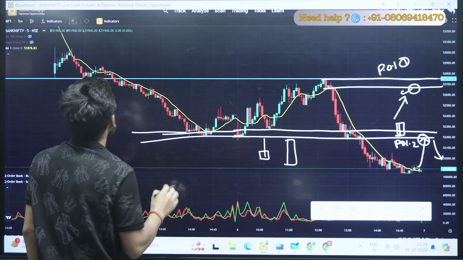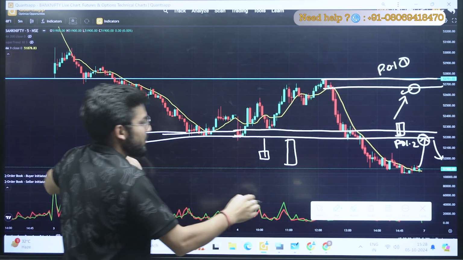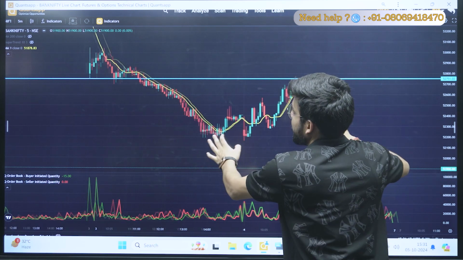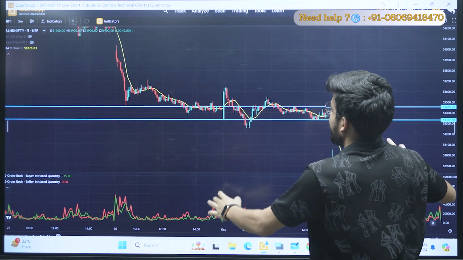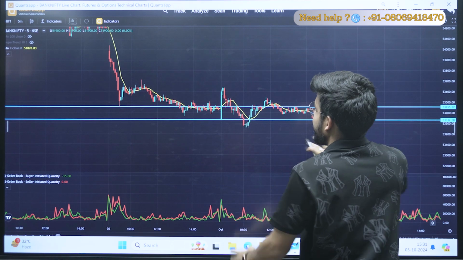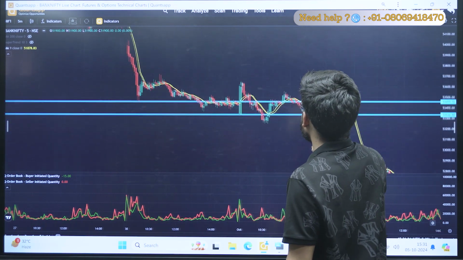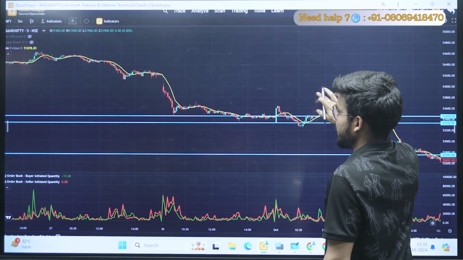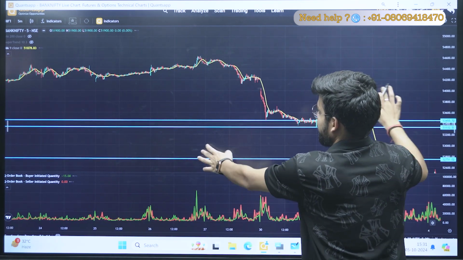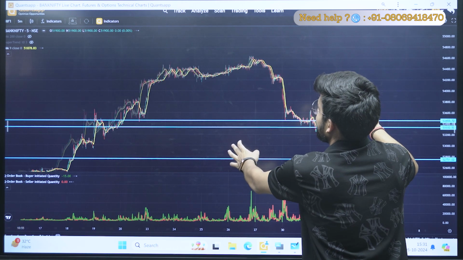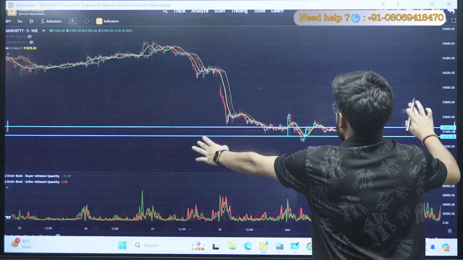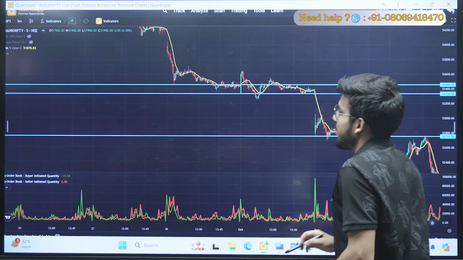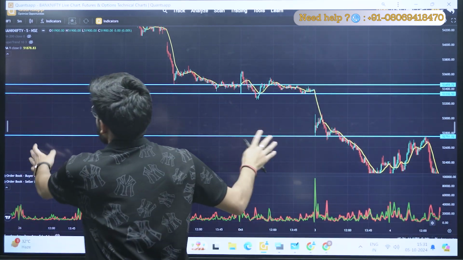For example, see, this was also a movement. Let me show you, just a second. I'll show you how people get trapped in a liquidity sweep. Okay, let me take an example. Yes, I think this is good. Just let me give you a brief idea how people get trapped in a liquidity grab. Okay, I think I can take this example. Let me find an example for you. Okay, and I'm removing all those remaining charts from here.